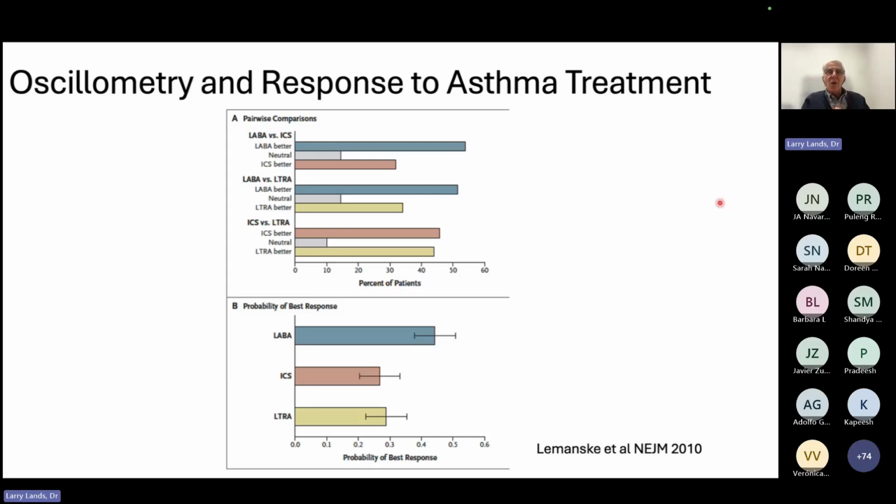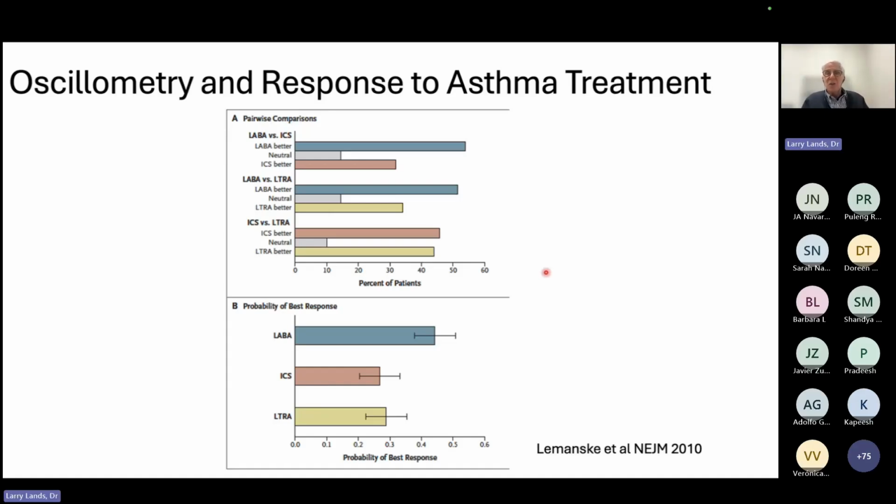This is a study that I've always appreciated. It was done in children who did not have well-controlled asthma on a standard dose of inhaled corticosteroids. They randomized them, and in theory, all children were going to try all 3 things. One was doubling the inhaled steroids. One was adding in a LABA, or long-acting beta agonist. And the third was adding in a leukotriene receptor antagonist. And the thing is that everyone responded to at least one, which is good news.